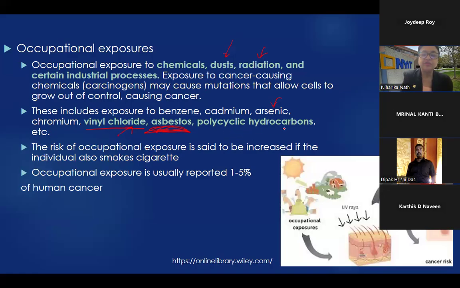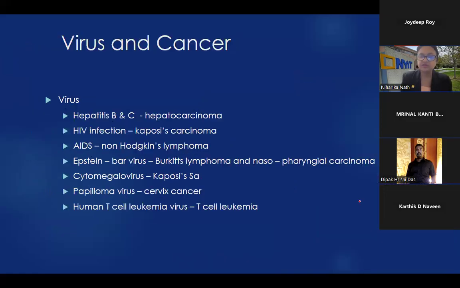Polycyclic hydrocarbons are all in the environment, in plastics, etc. And these cause cancer over many years. So these do lead to cancer. I just showed you UV rays, radiation, skin cancer, etc. in this figure. And viruses. Viruses can cause liver cancers. Viruses can cause non-Hodgkin's lymphoma. It's just a list to tell you that viruses can cause cervical cancer. We already know that. We talked about that, right?